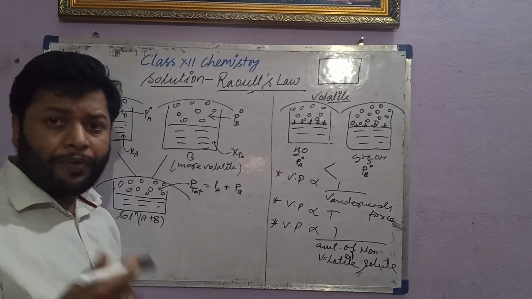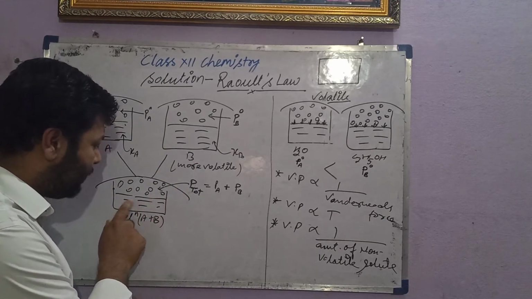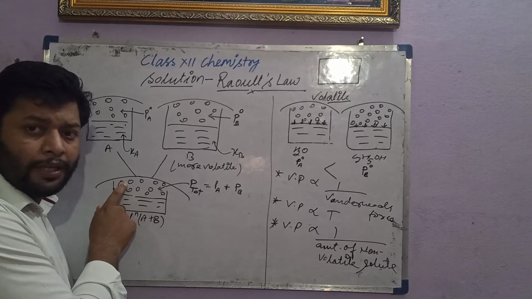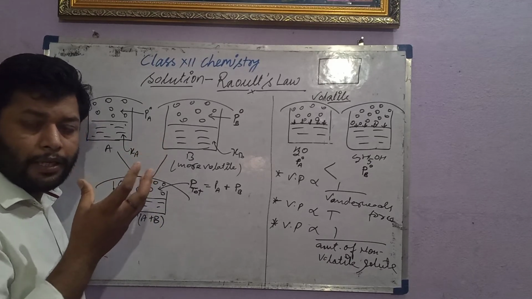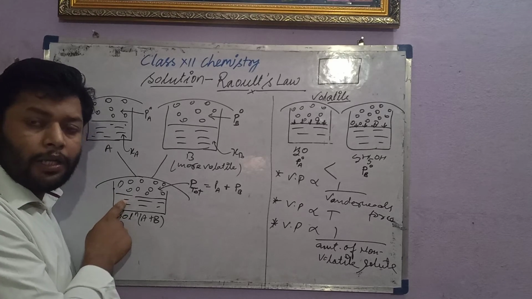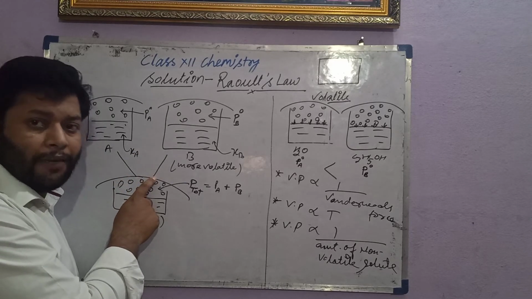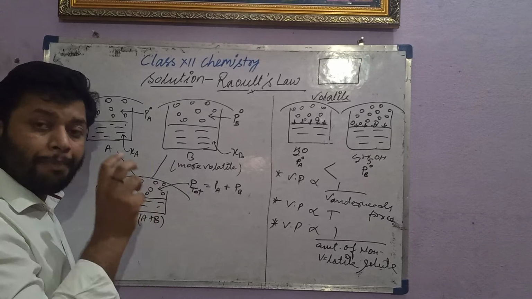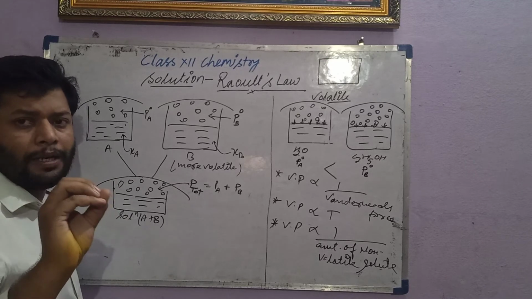Now we have to know that the tendency of vaporization or evaporation depends upon the components of A. Whatever the molecules of vapors of A or B are there, that actually depends upon the tendency of evaporation of A and evaporation of B. In simple words, the more A evaporates, the more vapor of A molecules will come, and the more B evaporates, the more vapor of B molecules will come. That means the partial pressure of A will depend on the vapor of A, and the partial pressure of B will depend on the vapor of B. I am just taking a simple explanation.